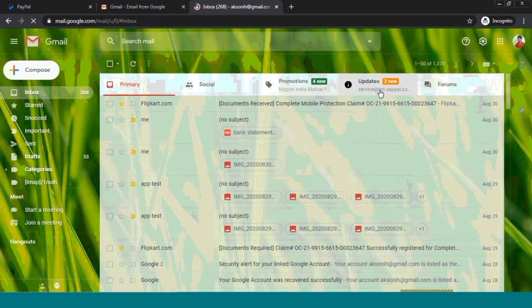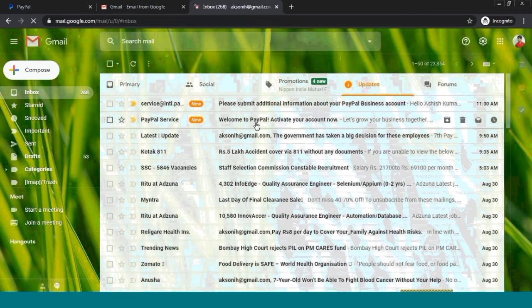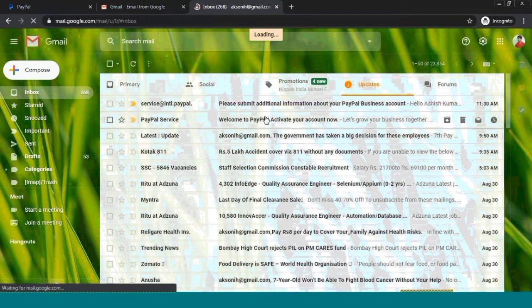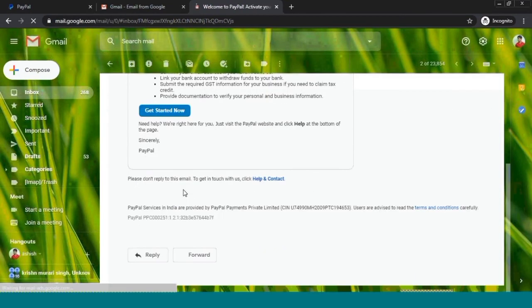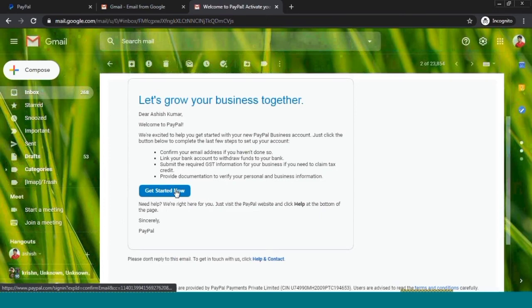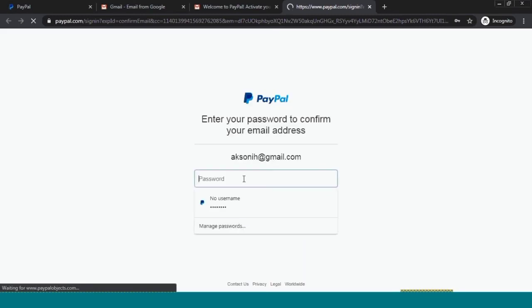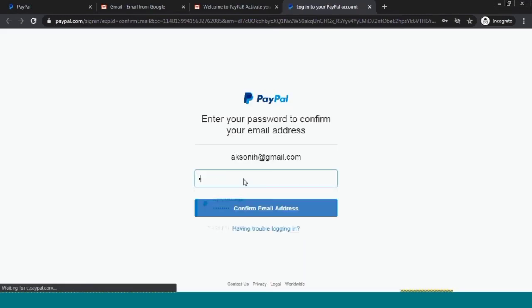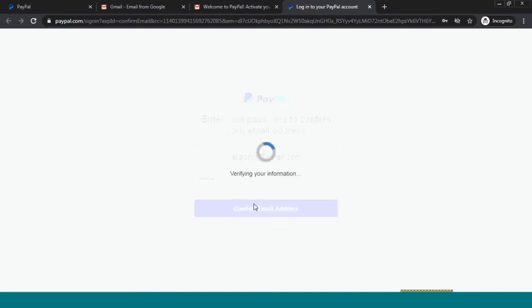And in updates, see the first option to activate your account. Open this mail and click on this button to activate your email address. So see, you have to enter your password and confirm the email address. So now your email has been verified.